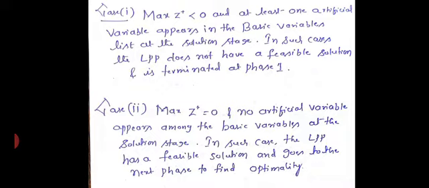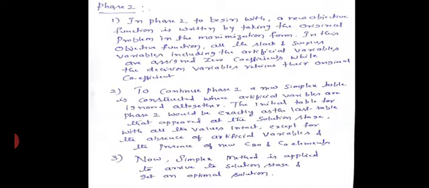These are the two conditions we need to follow. Suppose in the basic variable column an artificial variable is present, then we need to stop there, and it is called an infeasible solution, nothing but it doesn't have any feasible solution. Suppose in my basic variable column there is no artificial variable, then it is a feasible solution, and you go into the second phase. Okay, see here phase 2. What phase 2 is going to tell about.